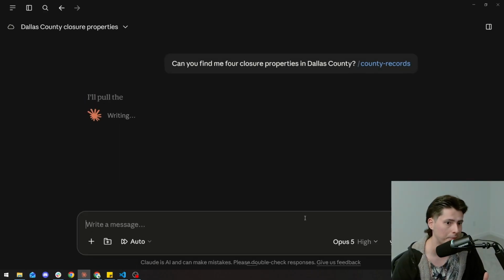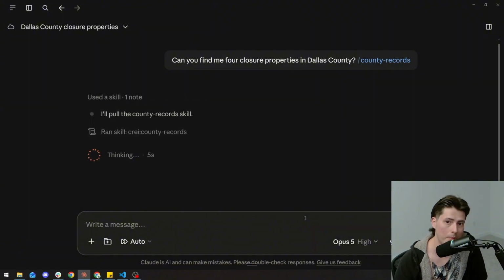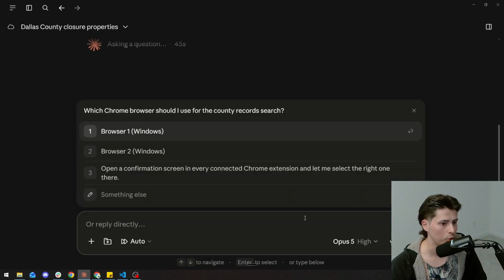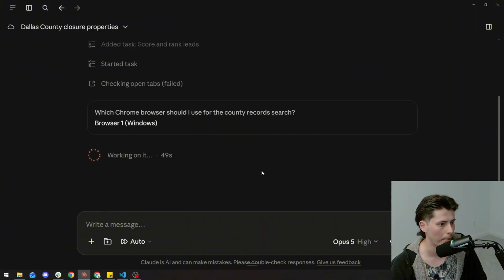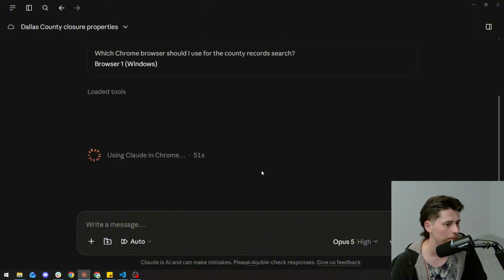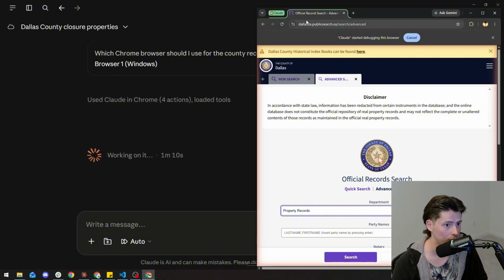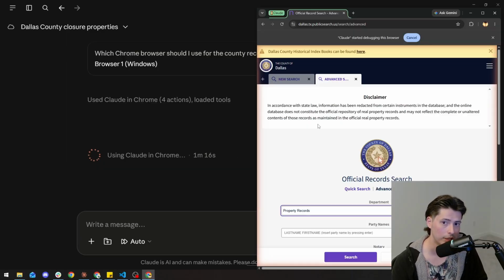And now what's going to happen, it's going to actually grab my Chrome browser and start going to the county website and pulling out all the information. It's going to ask me what Chrome browser. You can select any. I'm just going to select the first Chrome browser that it sees. We see now Claude has this Chrome browser open, and it assigned it to a Claude group that lets you know that these are the tabs that Claude is managing. And now you're just going to see it work and click through every single field and pull out all the